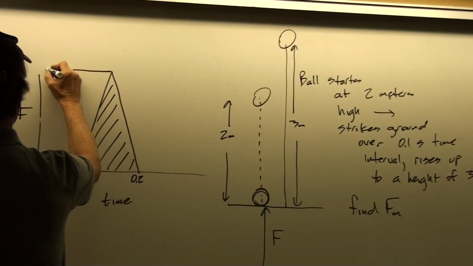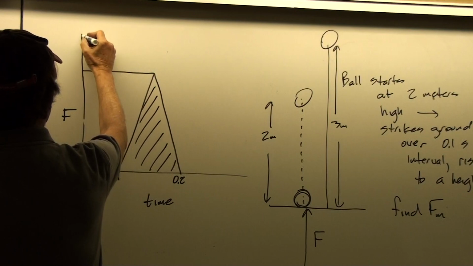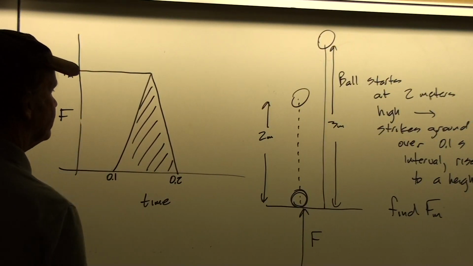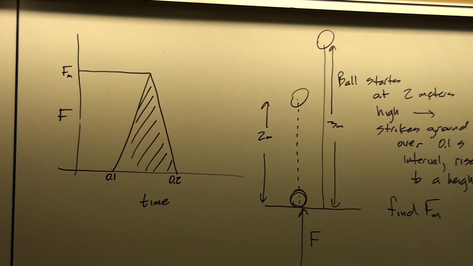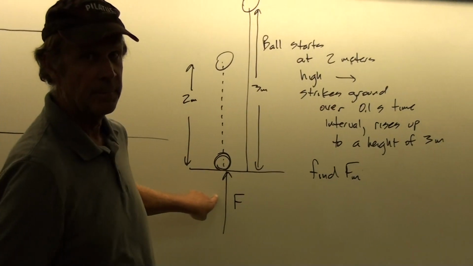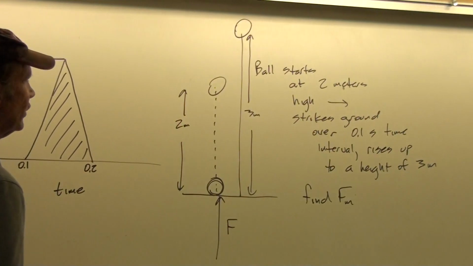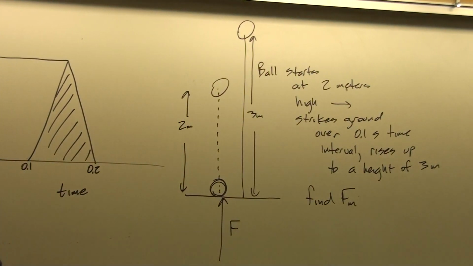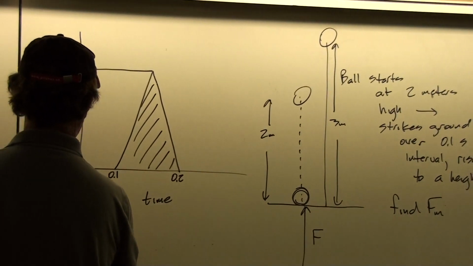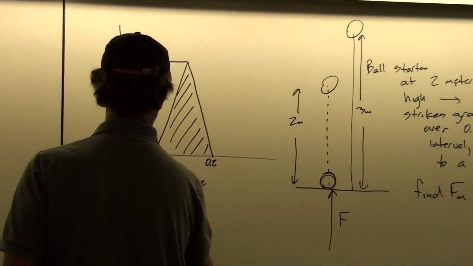So that's going to be the maximum value of the force of the ground on the system. All right. So what we need to do then is set this up, because there is an external force now. So we're not just using conservation of momentum. We're saying impulse equals change in momentum. So we can say then that the integral of F dt is equal to mv final.